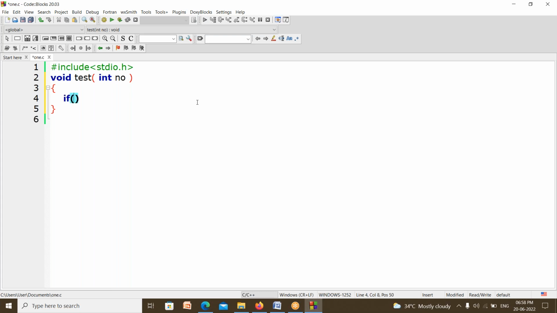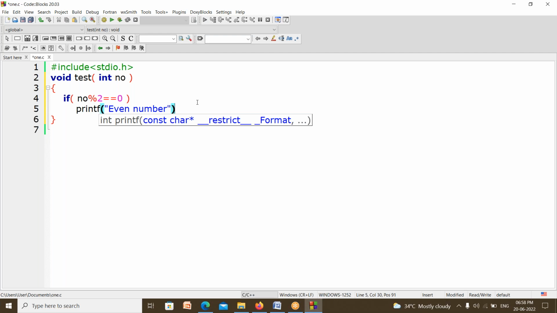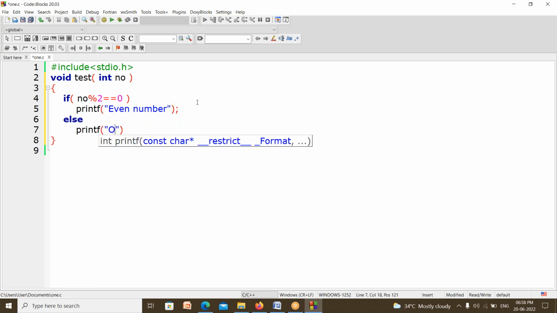Here what to do? You have to test the number, whether it is odd or even. Number mod 2 equal to 0, then you should not return. You have to print here itself: even number. Else, odd number. No return statement here. That's why I used void here. Void means